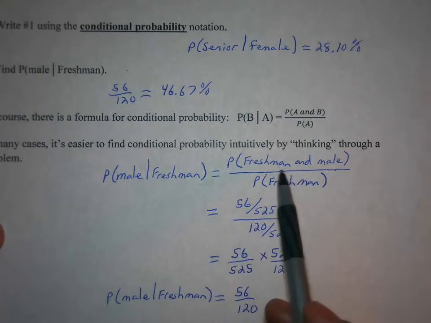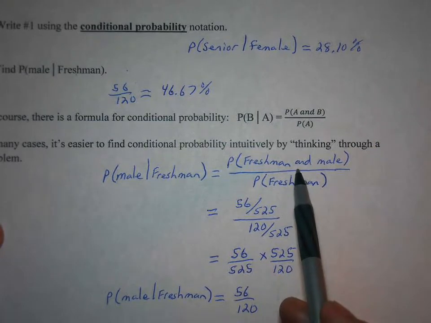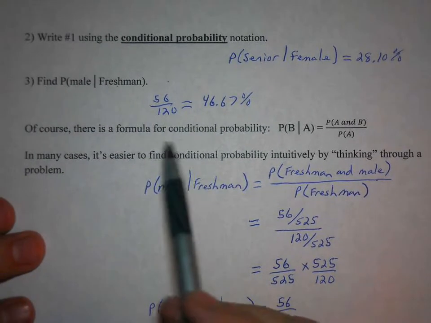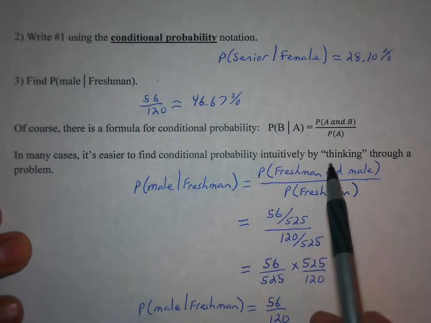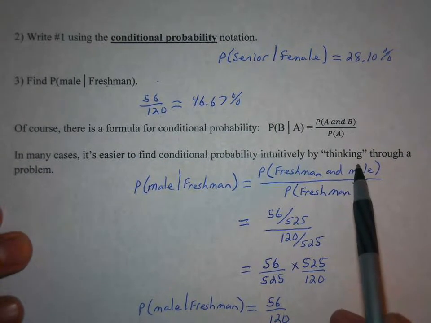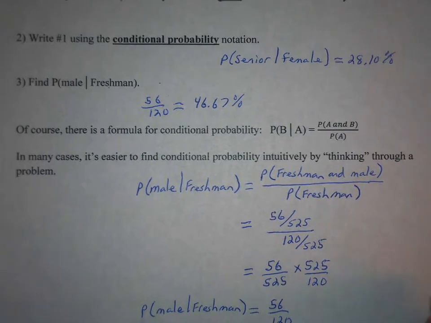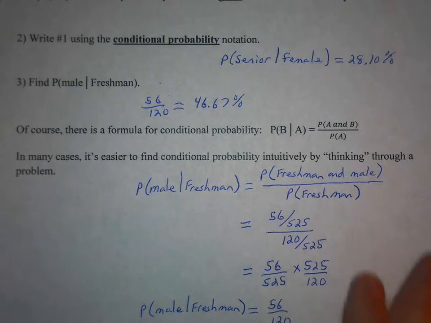Now you can see that using that formula can be kind of tough. So in many cases, it's easier to find conditional probability by intuitively thinking your way through the problem. And that's how we're going to do them in this video. Okay, so on the next page,